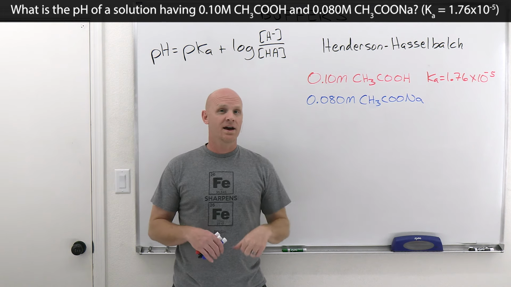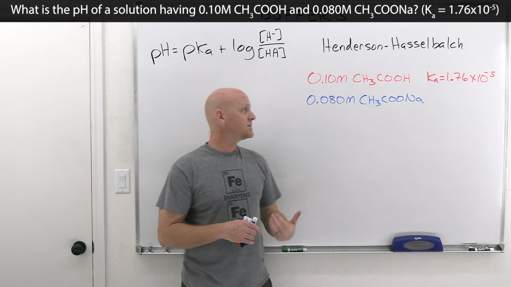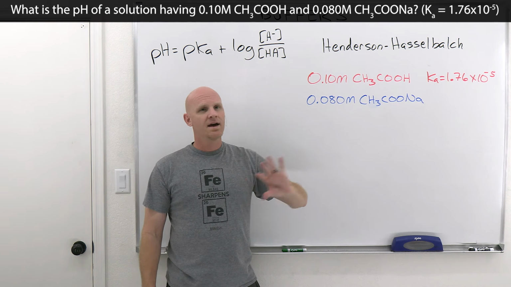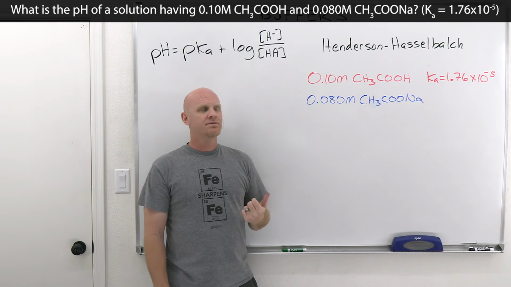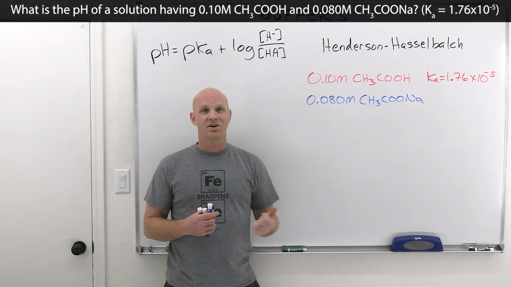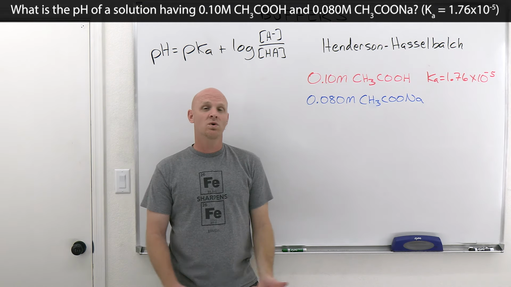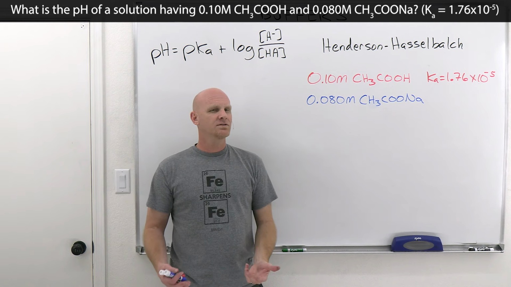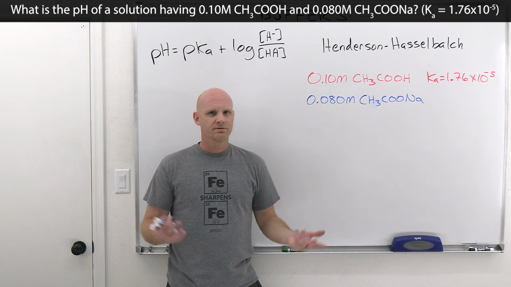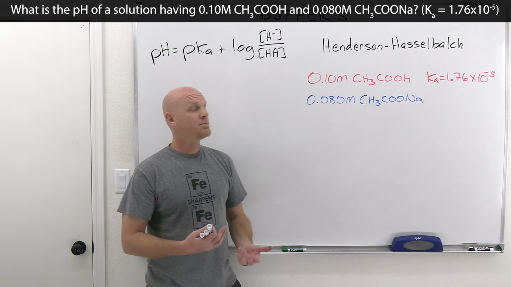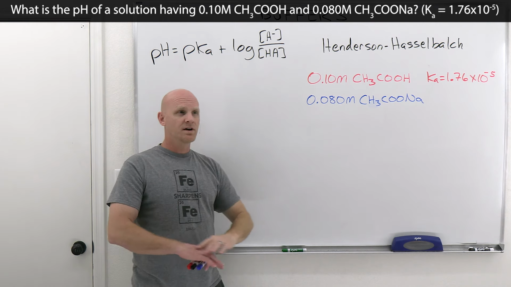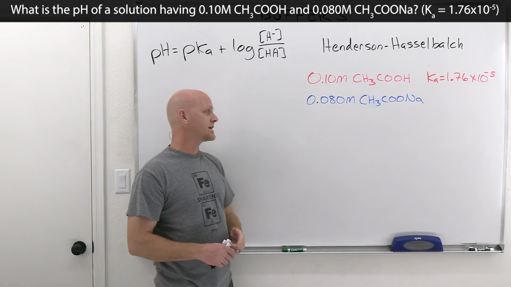this is a buffer. Now, technically, you could set up an ice table for our weak acid, set up the Ka expression, but it turns out with a buffer, because you have both the weak acid and the conjugate base, the plus and minus x's are going to be insignificant every time, and we just ignore them. The whole point of setting up an ice table is for those plus and minus x's, so if we just ignore them all, then why did we set up an ice table? And so for buffers, I never set up an ice table. I just go straight to Henderson-Hasselbalch, knowing that the plus and minus x's will always be insignificant for any buffer